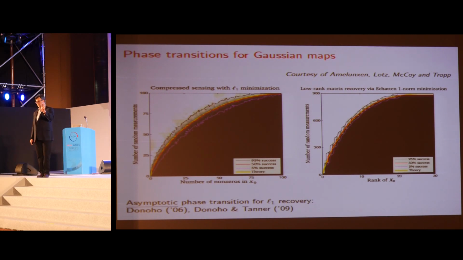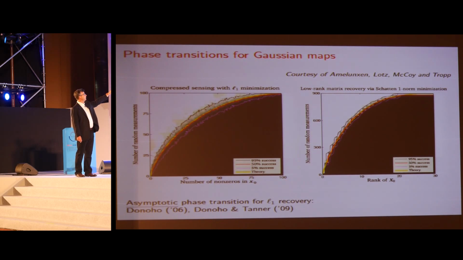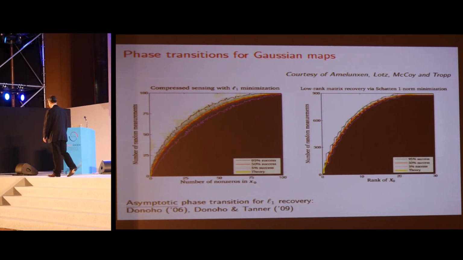Now the coloring, what is the coloring? These are computer experiments. If the computer fails 100% of the time, then you become a black pixel. And if it succeeds 100% of the time, you're a white pixel. And if it's half-half, you're a gray pixel. And what we can see is there are very few gray pixels. We have a very sharp transition between success and failure, completely predicted by this statistical dimension.